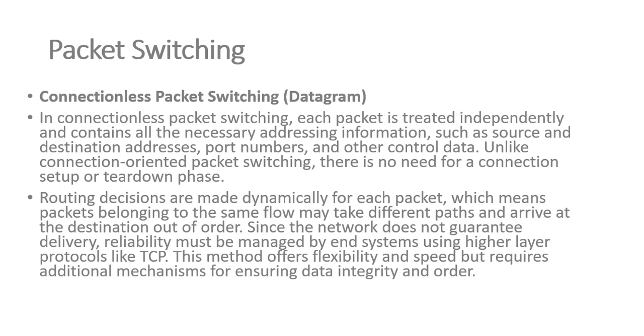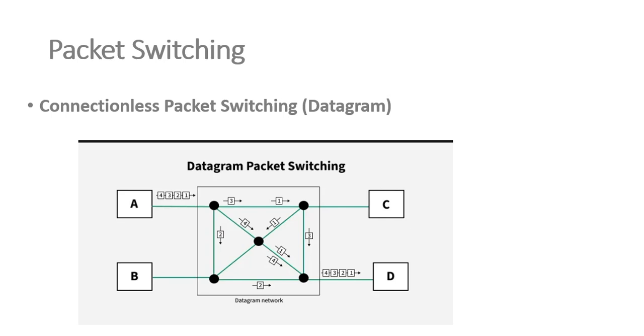But while arriving at the destination, it will follow the order. But while moving through, it can take any path. So this will be used in higher levels of protocols like TCP/IP for flexibility and integrity. And this is the datagram approach. Here the path is not defined. Okay. So here you can see that the message is divided into 4 packets like 4, 3, 2, 1,